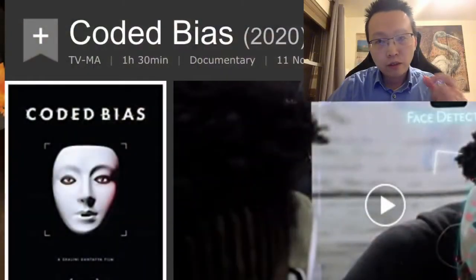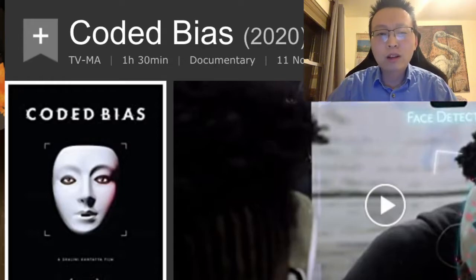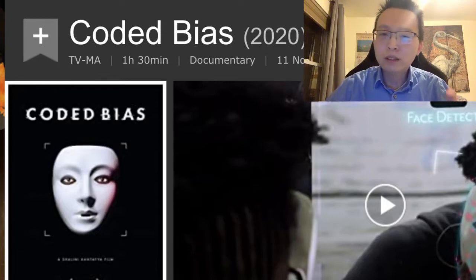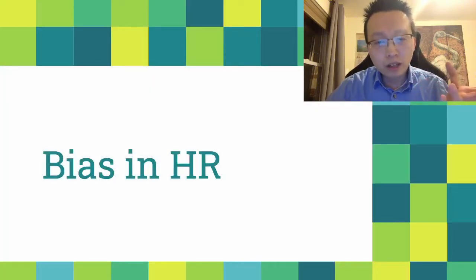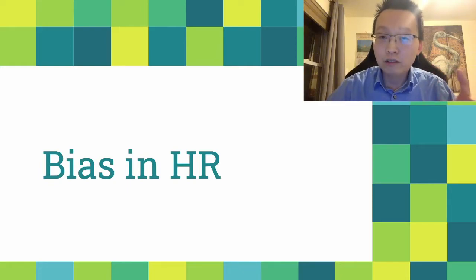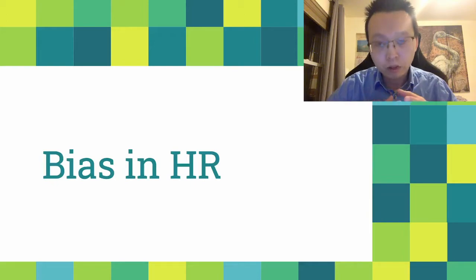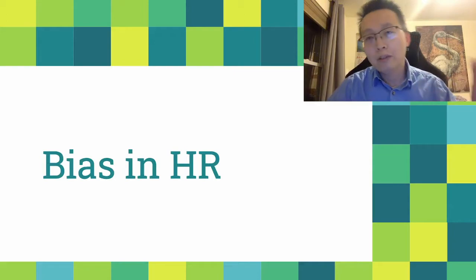This week I got the chance to watch Coded Bias, and if you haven't seen it, I highly recommend it. It focused mostly on bias of AI in computer vision. So I want to give some perspective regarding bias in HR and NLP. I work in HR tech, and I know very well that AI can be biased. This is a passion of mine, to make sure that we build fair systems. So I thought I would share my experiences in dealing with bias in HR and how they relate to the film.